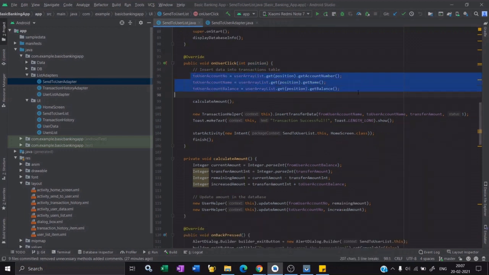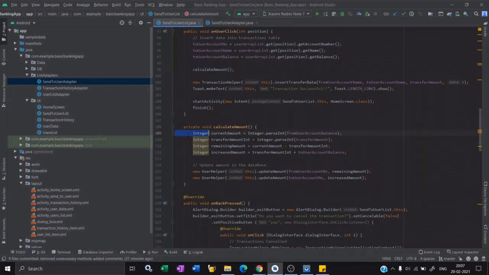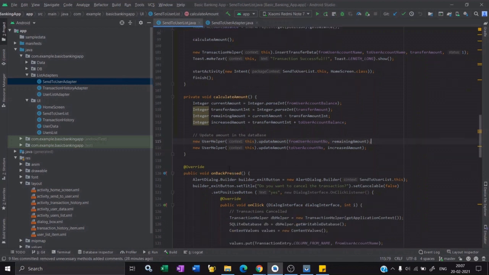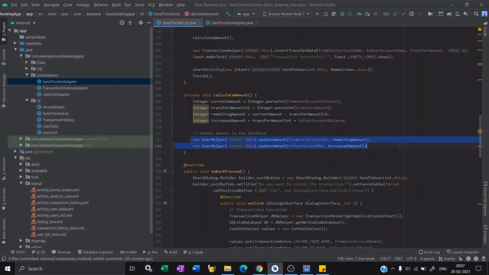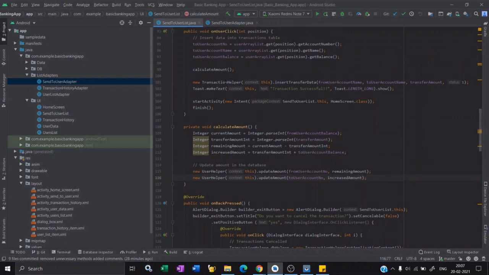From there we extract his account number, his balance, and his name, because we'll be needing that further. After that, we calculate the amount, and in the calculate amount function, we calculate the amount that has to be changed in both the users' accounts, and from there we update our database, basically the user table.